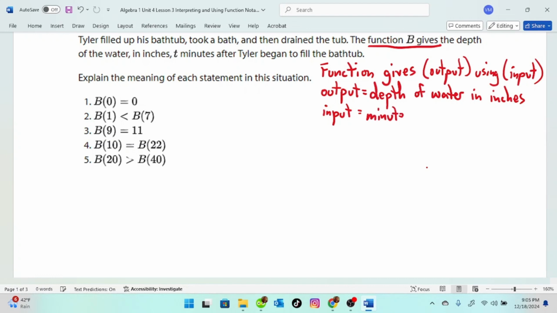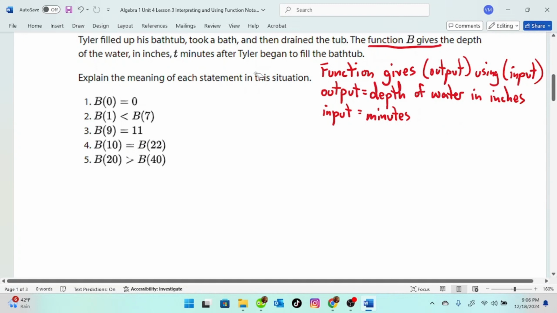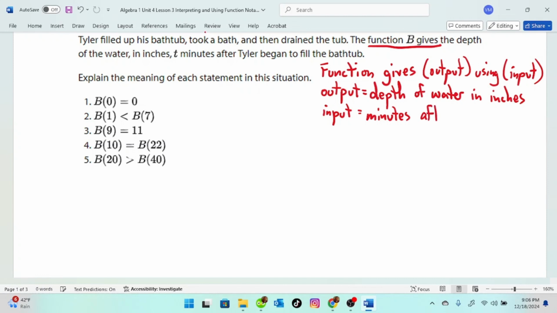So anytime I have function notation here, remember it is name,